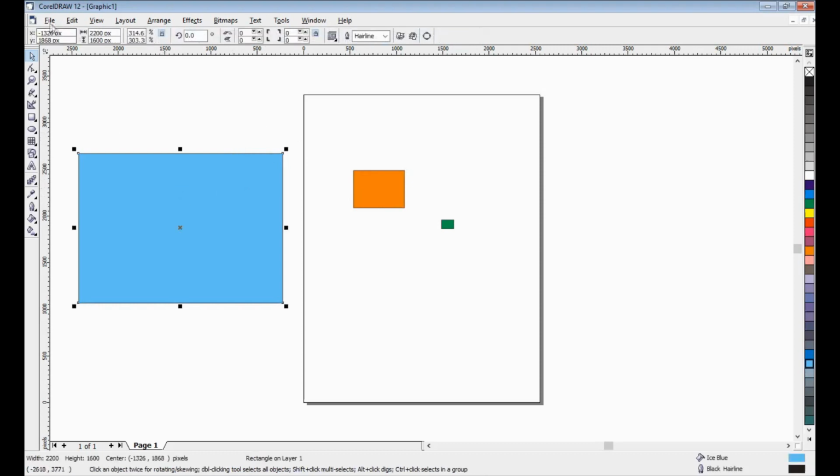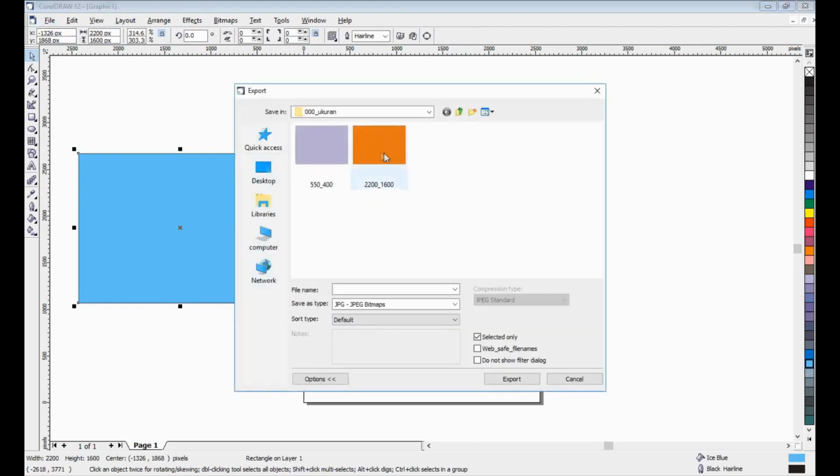Okay, let's try. I want to prove it. Let's here 2200 pixels width and 1600 pixel height. Okay,